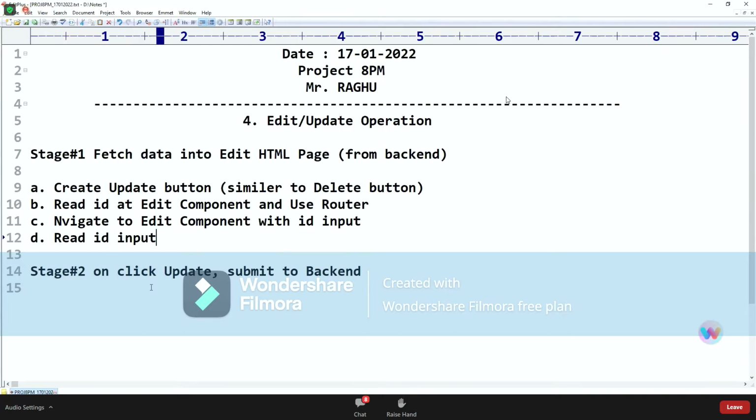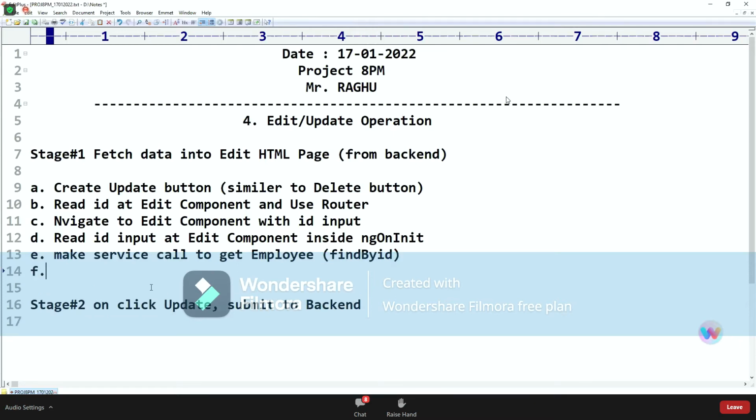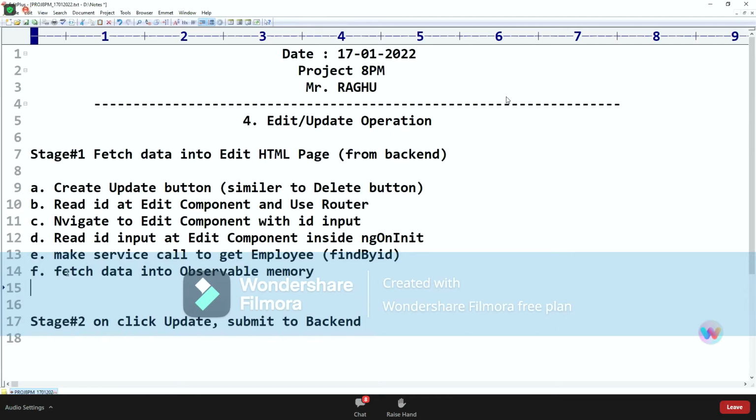Read the ID input at the edit component inside ngOnInit. Make a service call to get the employee, find by ID. In the edit component, you need to subscribe.